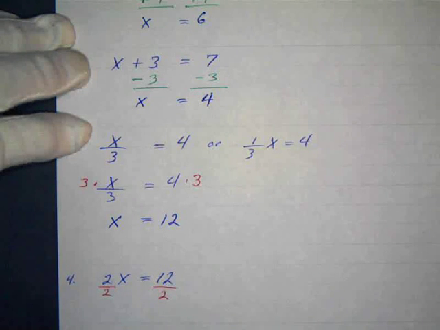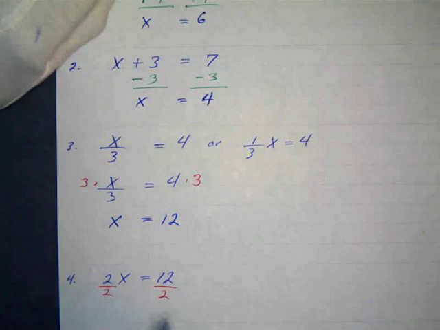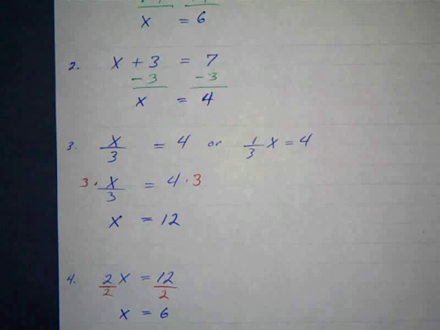Two over 2 is 1. Again, that's the multiplicative identity. So 1 times x is just x. And then 2 divided by 12 is just 6. Okay. Now, sometimes we see a problem like this,